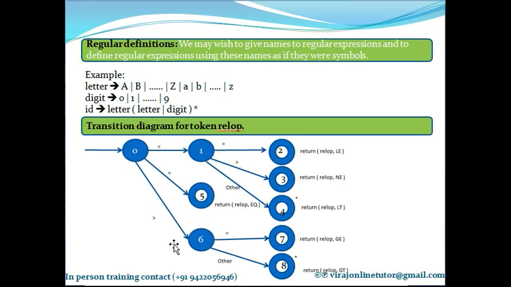If the lexical analyzer finds a greater than sign followed by some other extraneous character, then I have marked this state with an asterisk. That means move your pointer one location left, as good as saying skip this character and tell the parser that I have found the greater than relop token, which is GT, greater than. So is that clear?